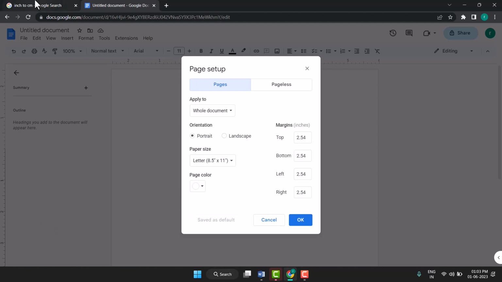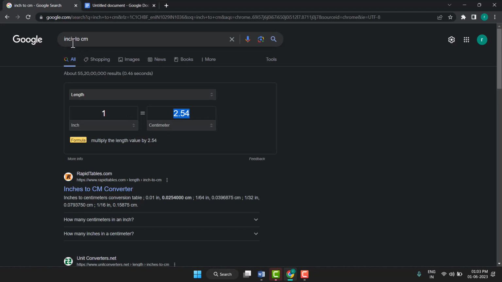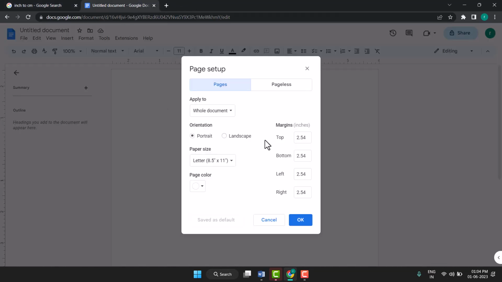So firstly, you need to search "inch to cm" in the Chrome browser, and here you need to type 0.5 inch, and so you see here the 0.5 margin in inches. So just search it. So the centimeter value is 1.27 centimeter. So just copy it and paste it here